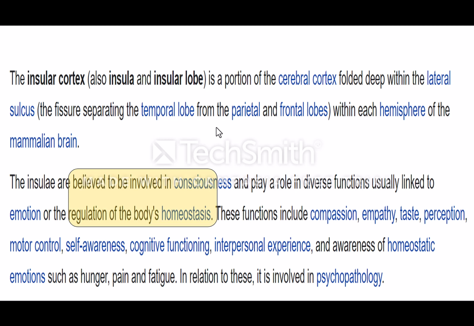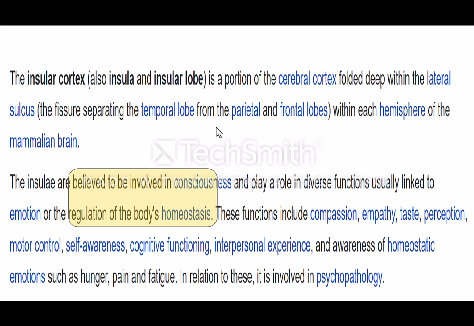They're believed to play a role in regulation of emotions, regulation of homeostasis in the body, things like empathy, compassion, taste, perception, even contributing to motor control, self-awareness, cognitive functioning, interpersonal experience,